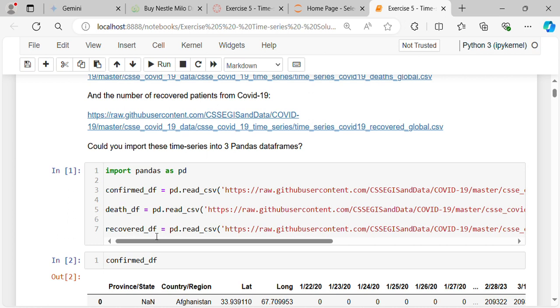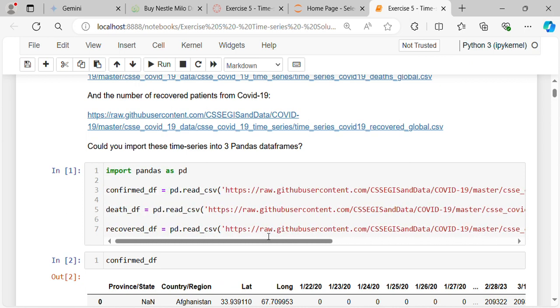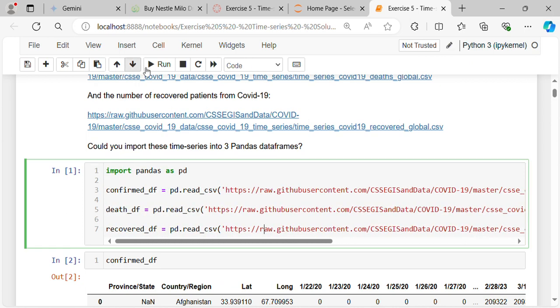Let recovered df equal pandas.read_csv of the web address. And when we run that,